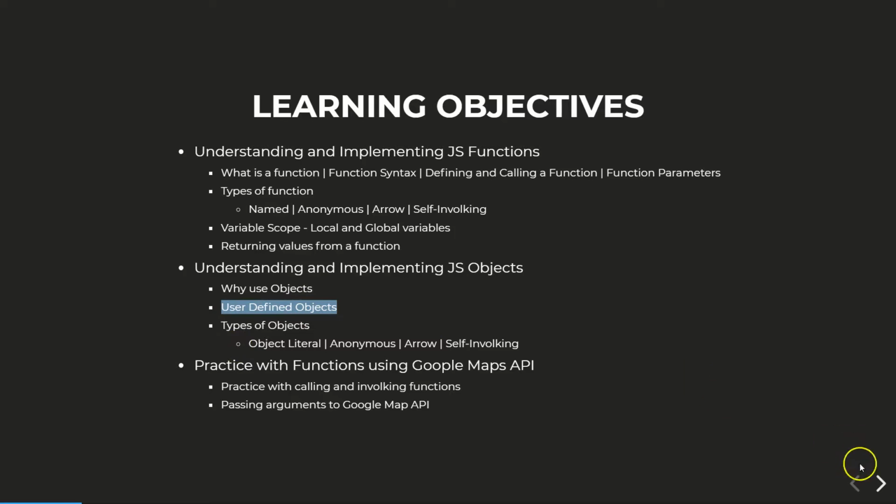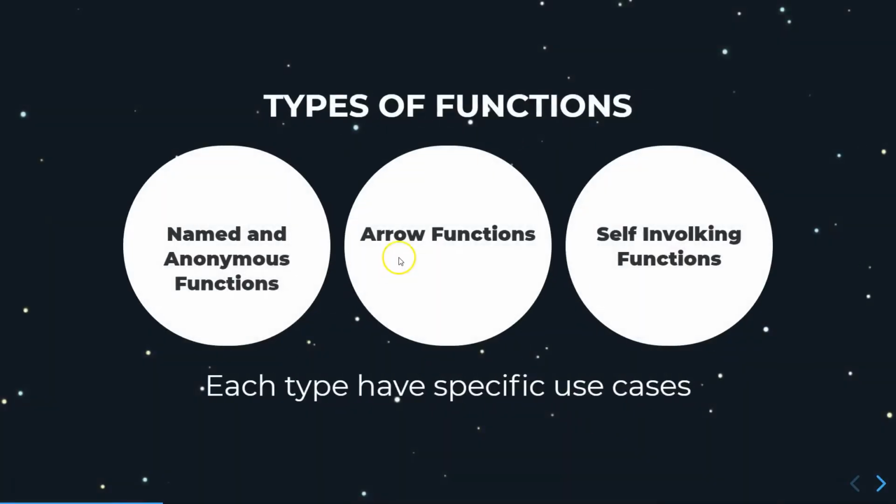Let me just say a little bit about functions. There's a lot of different types of functions. Functions are extremely useful in that they allow us to group statements together that perform a specific task. And we could call the functions multiple times during the runtime of our program. This helps prevent us from having to write the code every time that we want to run some similar statements in our program. If we had to write it every time, that would cause our code to be very bulky and long. But rather, we can prepackage the code into functions, and then we can call those functions whenever we need to